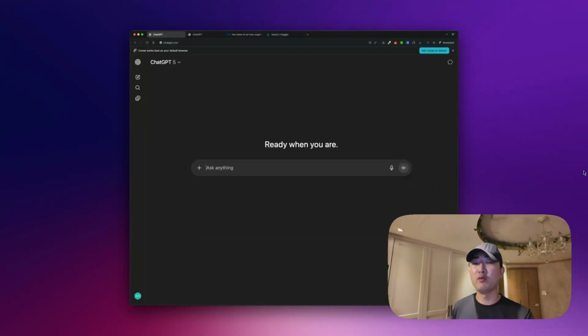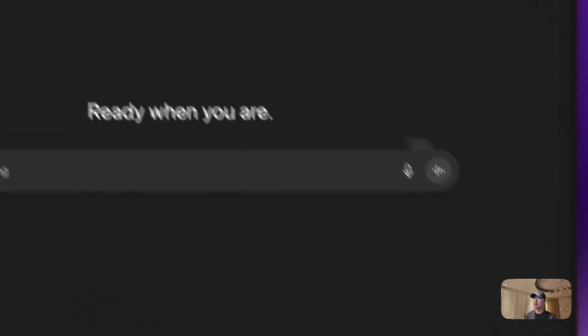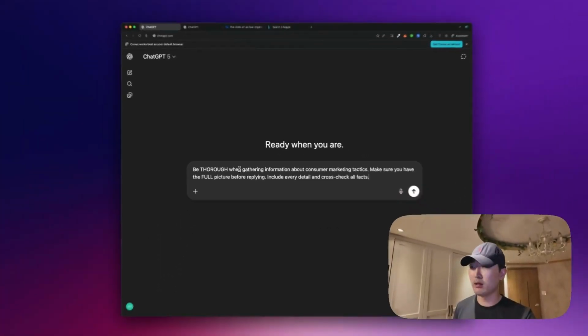Okay, so now we move on to tip number 4, which is don't be so firm with GPT-5. Now, this might sound like a joke. As I said at the start of the video, GPT-5 is a lot more sensitive in regards to the language you use. So even if you get frustrated, you don't want to be too firm with caps locks to indicate a specific point. So just to share an example, what someone might typically do when they're writing is put